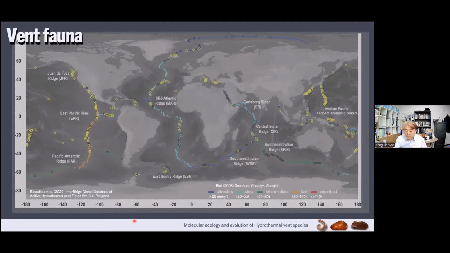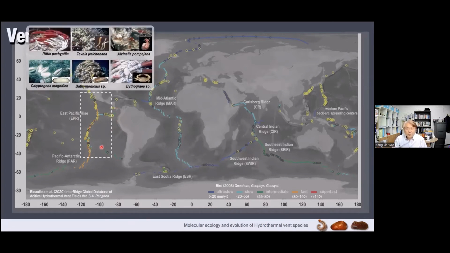environment. So today I will focus my study on the organisms from the Eastern Pacific Ridge. It includes the EPR and PAR and also the Galapagos Rift. Here you see the high-density community of vent organisms like Lifia pachyptila, an annelid, and Alvinella, another annelid, and Calyptogena magnifica, a mollusk, Bathymodiolus species, which I will focus on in my study today, and the